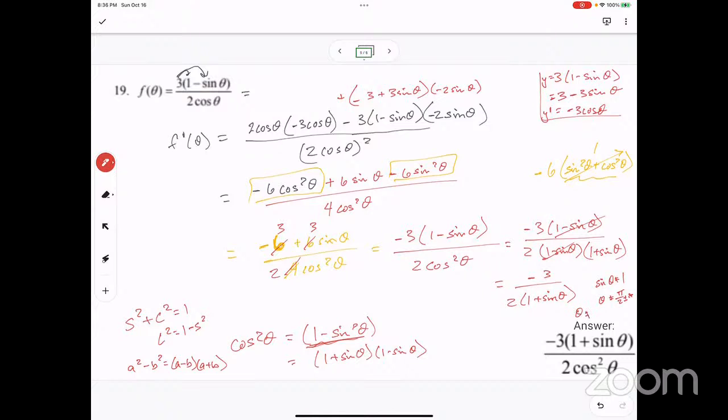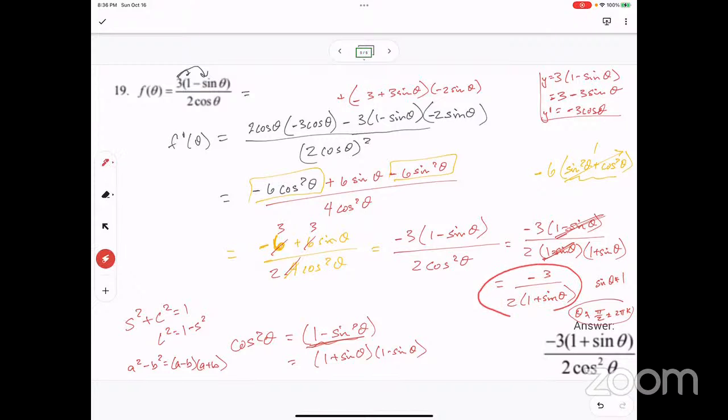Theta cannot equal pi over 2 plus or minus 2 pi times k, the integer k, which I know is a little bit of a technicality, but you really should say that, because when you cancel out a factor like this, it makes this new thing look like